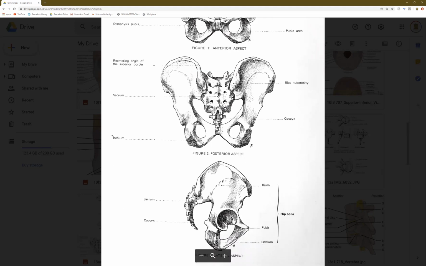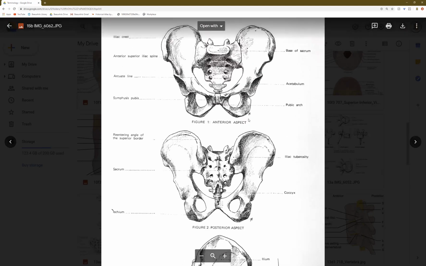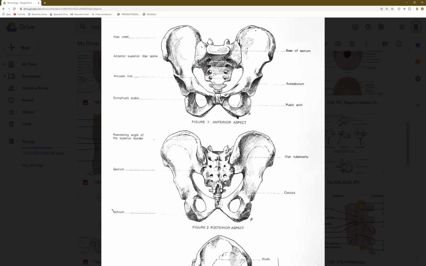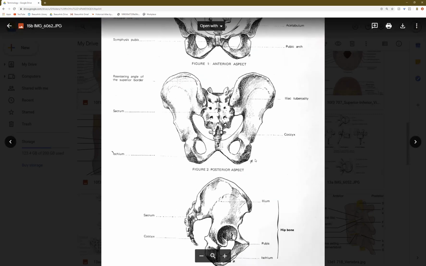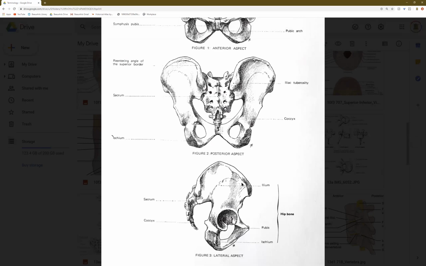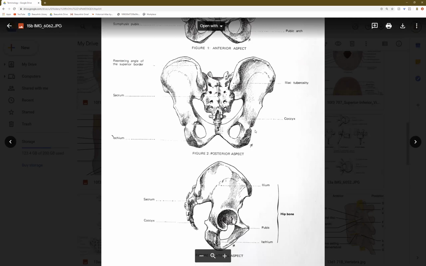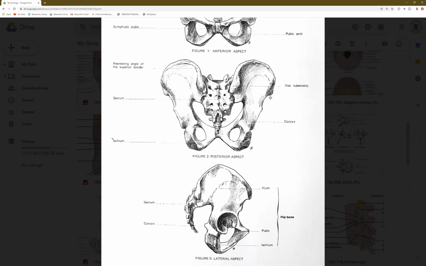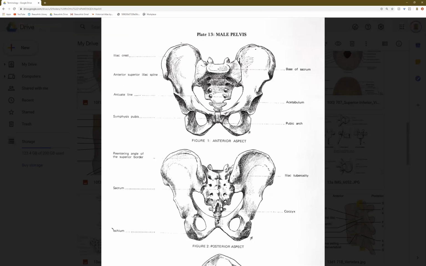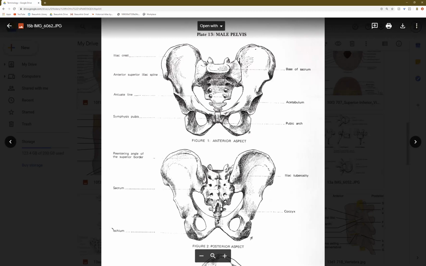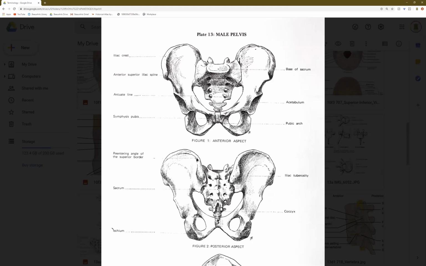So the ischium is the lower portion of the pelvis. Basically, what you're sitting on right now is your ischium. The ilium would be what we think of first when we think of the pelvis, which is this large upper portion of the hip bone. And so that larger plane is the ilium, and the top of that plane is called the iliac crest. And that is really critical to landmarks, both on the anterior view and posterior view. From behind, this is the